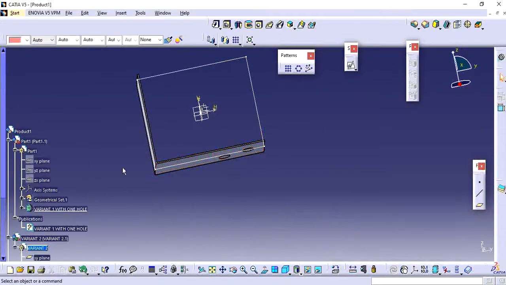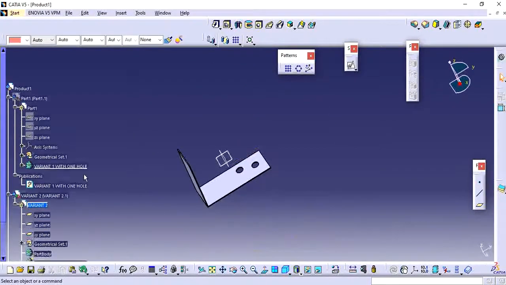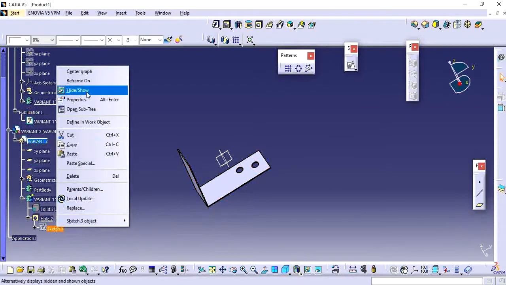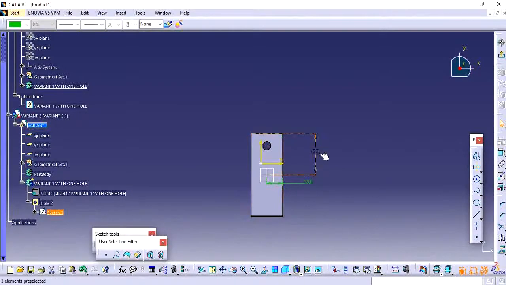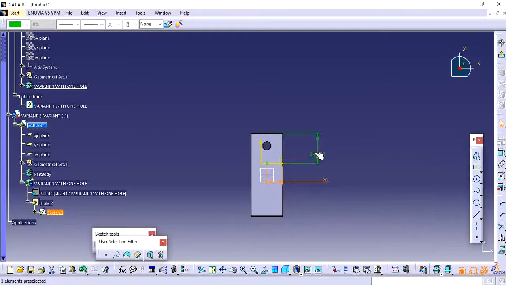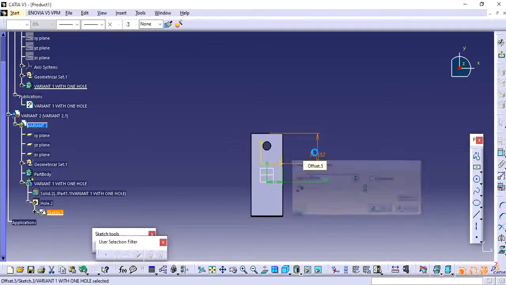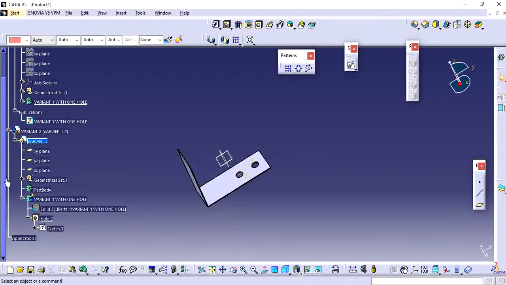So this hole was created. So it has taken the line from the publication.